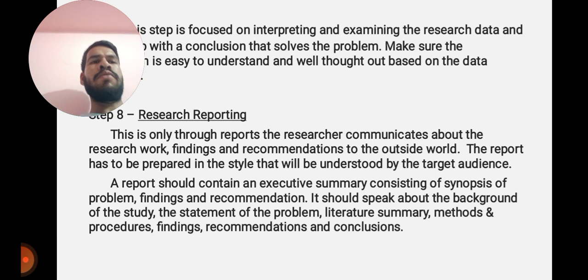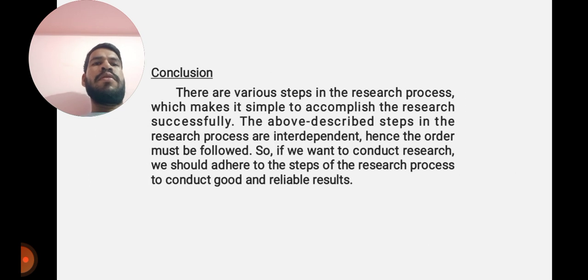recommendations and conclusions. Conclusion. There are various steps in the research process which make it simple to accomplish the research successfully. The above described steps in the research process are interdependent, hence the order must be followed. So if we want to conduct research, we should adhere to the steps of the research process to get good